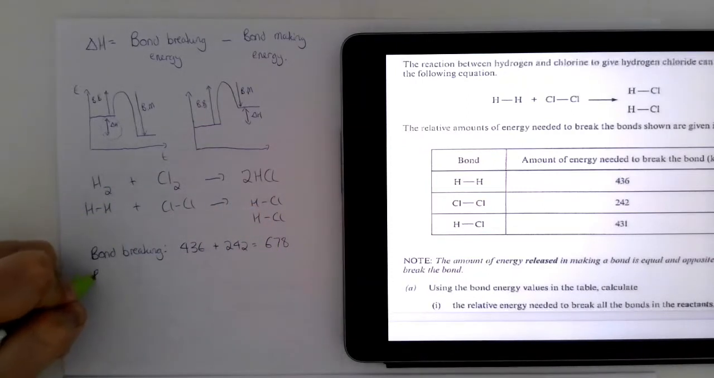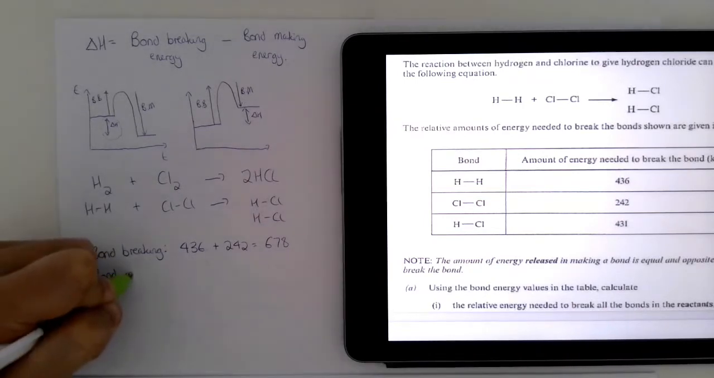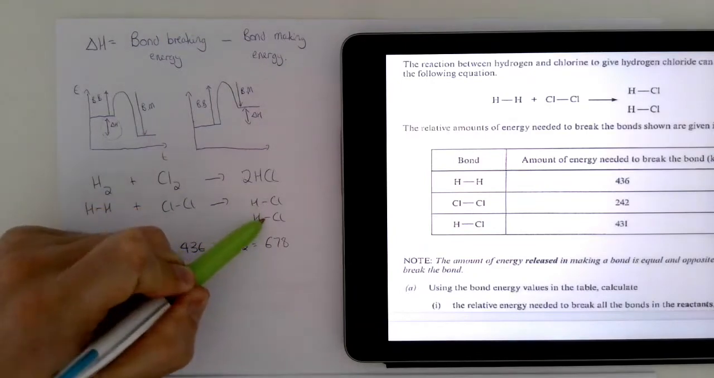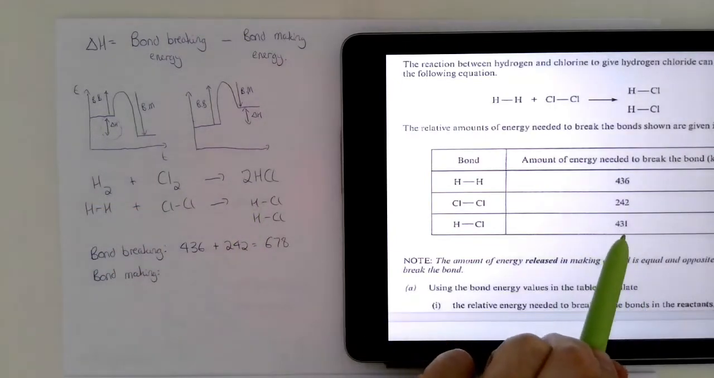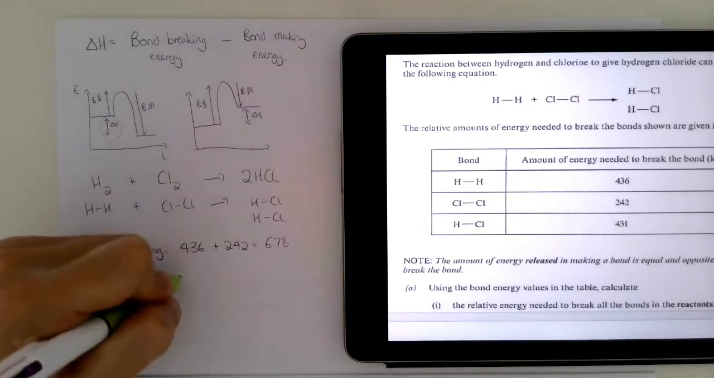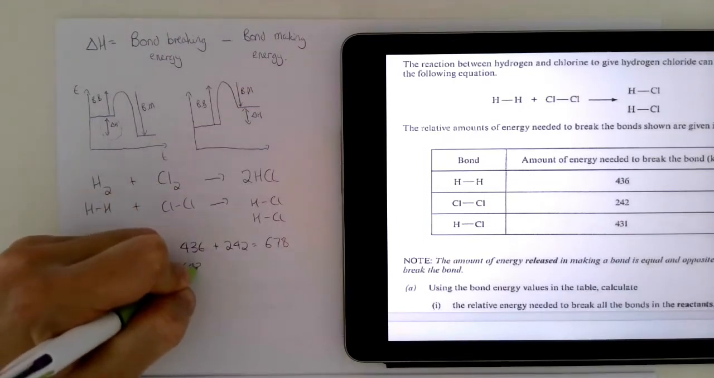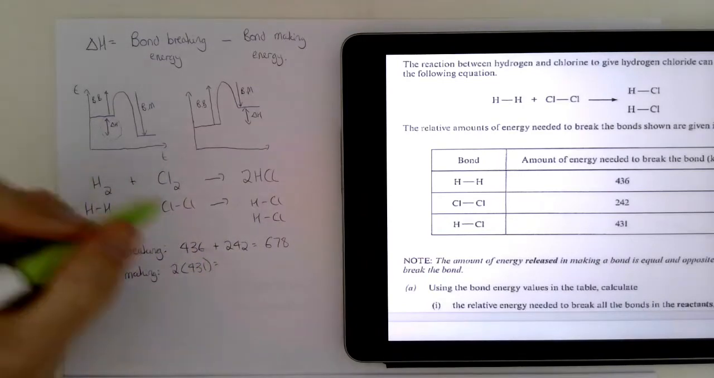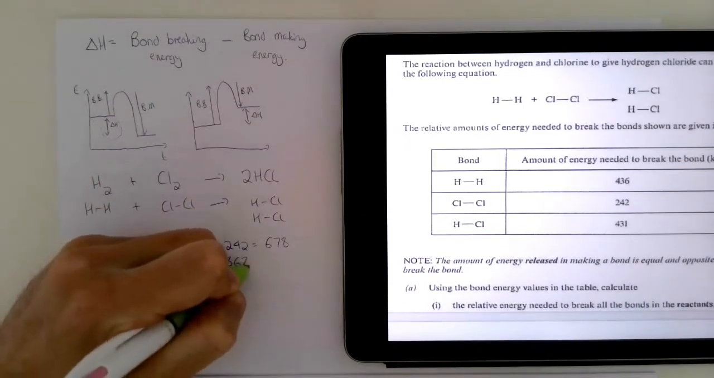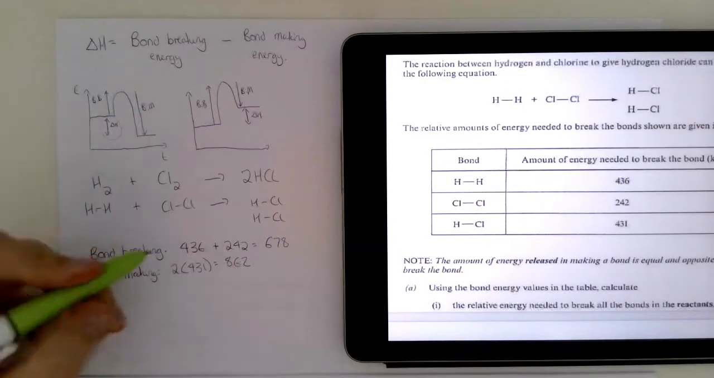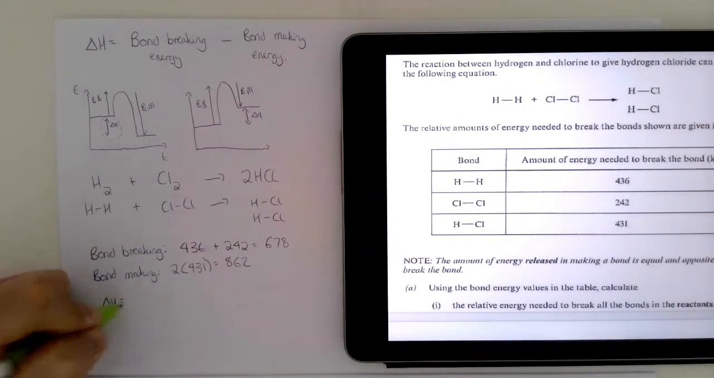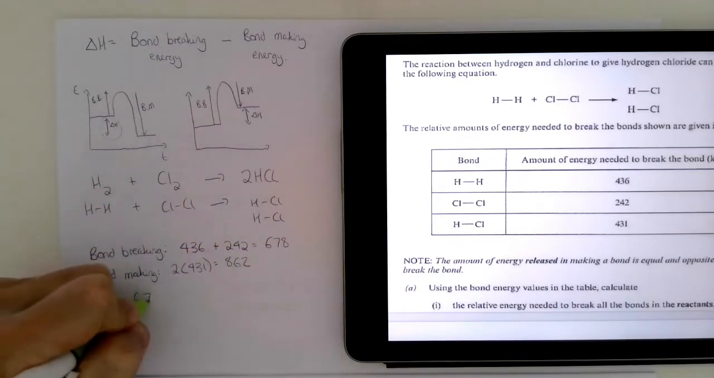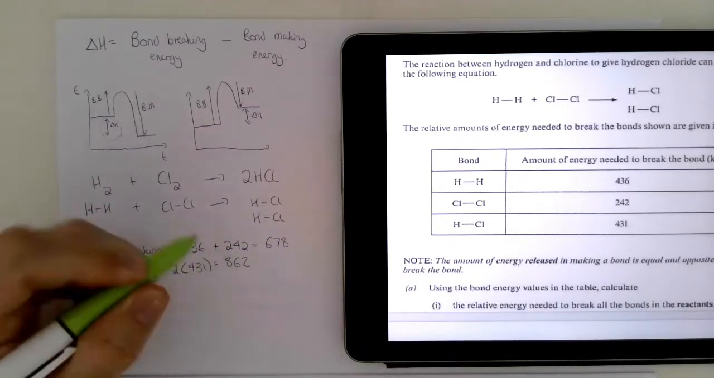And then bond making, how much energy is released when we make all these bonds? 431 plus 431. So two lots of 431, because we're making these two bonds, gives you 862. So delta H is going to be the energy for bond breaking, which is 678, and then we'll minus